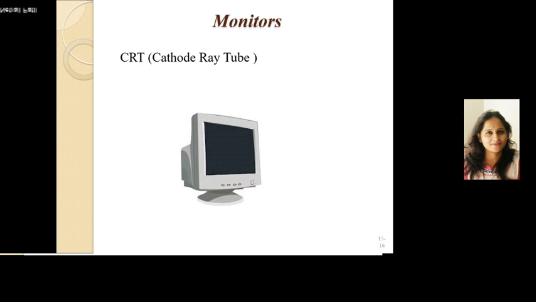See the diagram for CRT. CRT means cathode ray tube. CRT monitors look much like old-fashioned televisions and are very deep in size. A monitor contains CRT hardware to control an electron beam and a power supply. A CRT is used to display numbers, letters and graphics. Most screens are capable of displaying 80 characters of data horizontally and 25 lines vertically. There are some disadvantages of CRT: large in size and high power consumption.